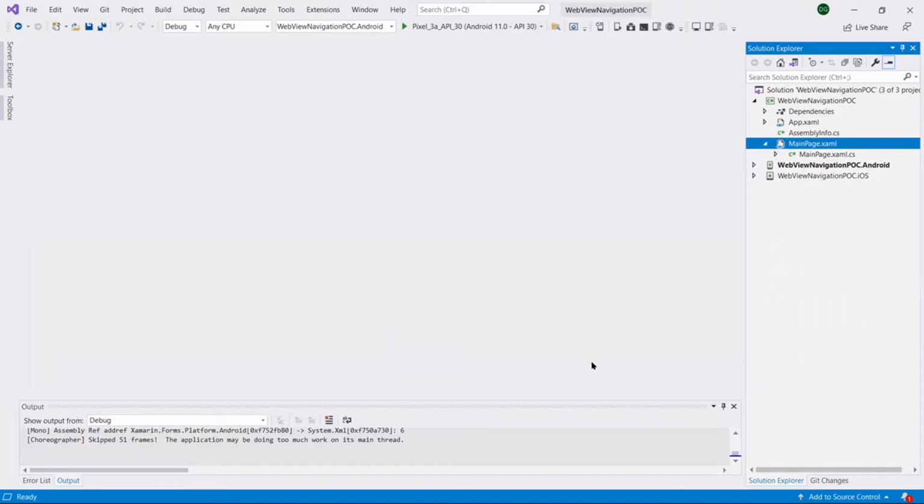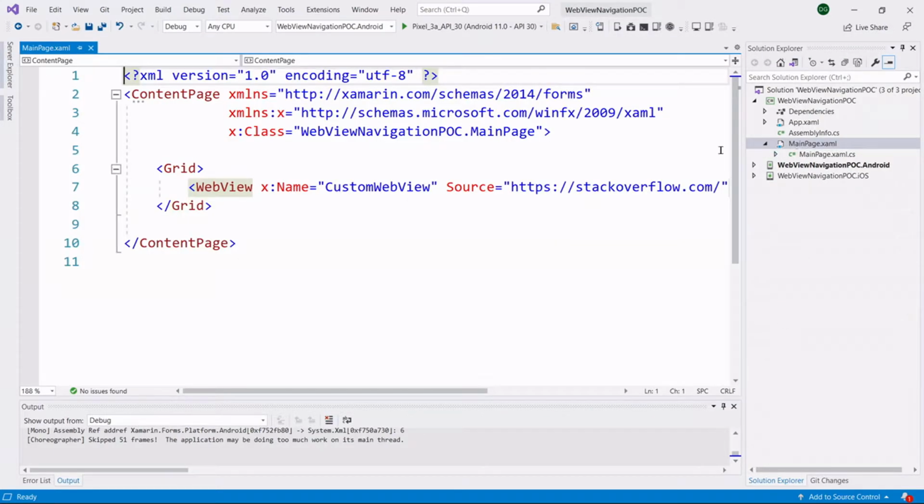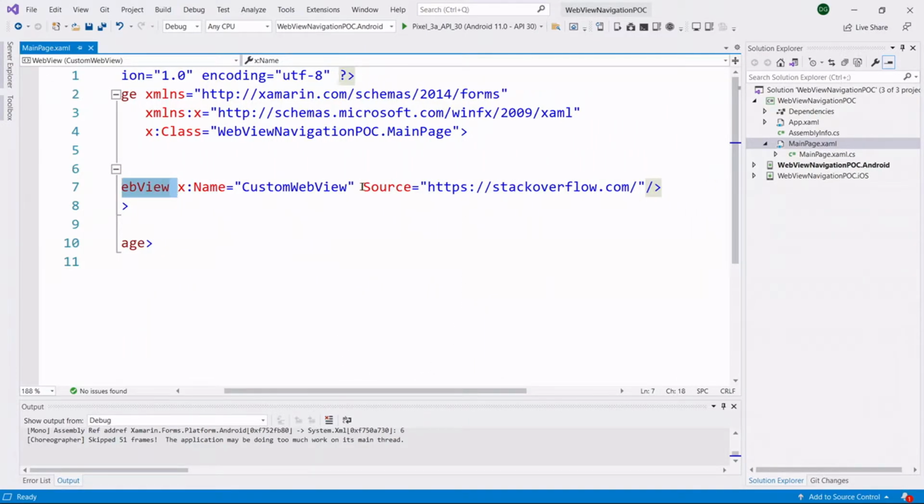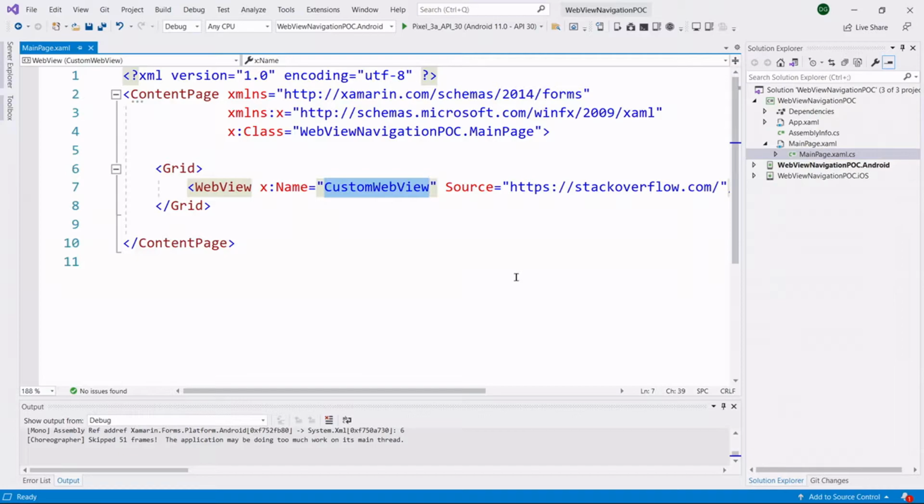Here I am creating a blank Xamarin Forms application, and if we want to load any website in our web view page, we need to add the web view tag inside our Xamarin page, and we need to assign our website link to the source property. Once we add our website link to the source property of the web view, our website will run on our web view page. Next, we need to move to our XAML page code behind file, and we need to override the OnBackButtonPressed method for adding web view page back navigation.